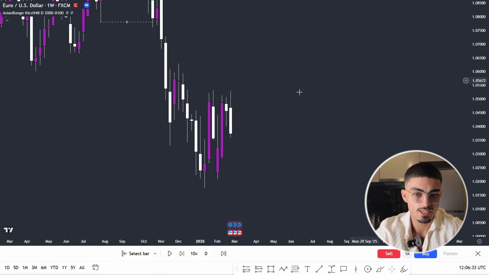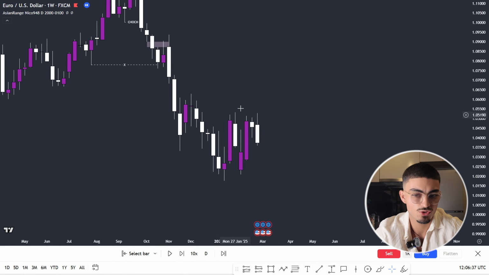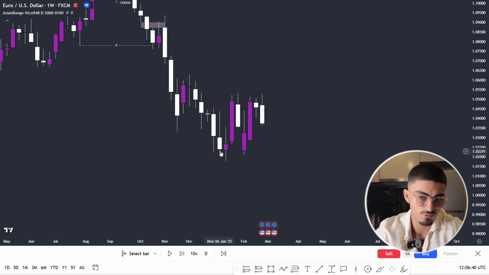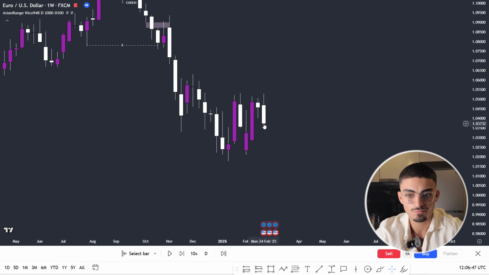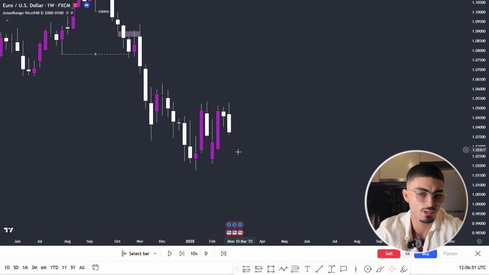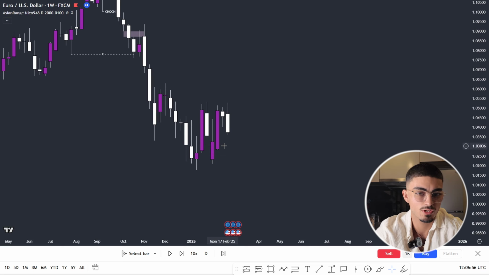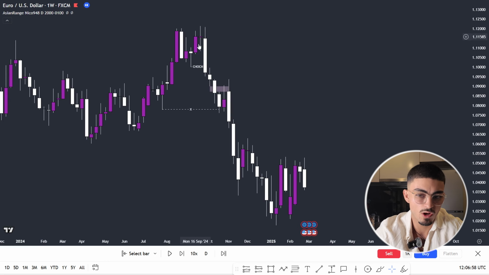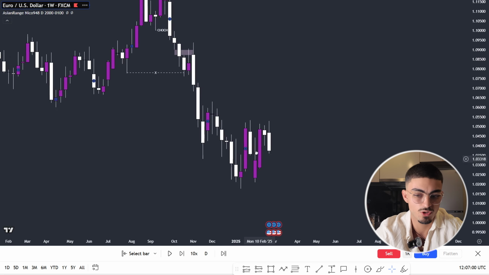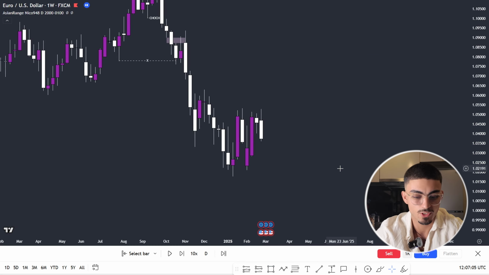We weren't really showing much signs that we were pushing super high. You can see here we were pushing higher, dropping lower, pushing higher, and then this weekly candle here closed really bearish. So I would just assume that we probably would continue going lower next week. That just made sense to me because we weren't really seeing that buying pressure that I wanted to see. And if you look to the left, we were heading in a clear downtrend to the downside. So I kind of thought this was maybe a bit of consolidation before a continuation lower, okay?